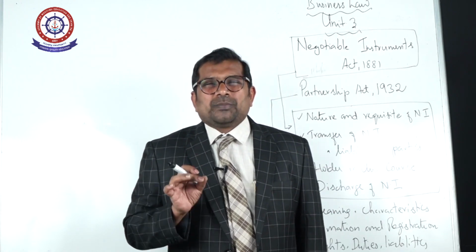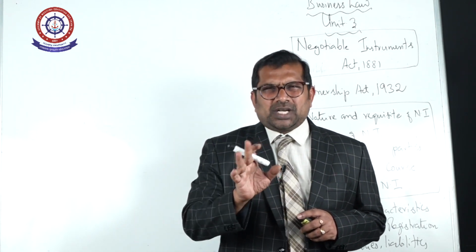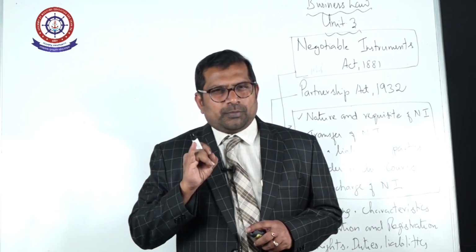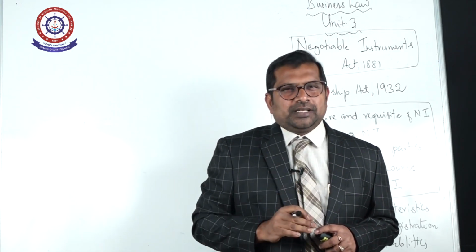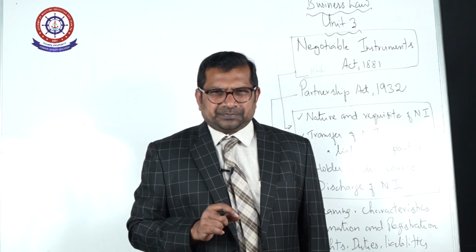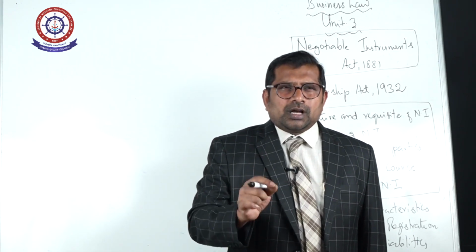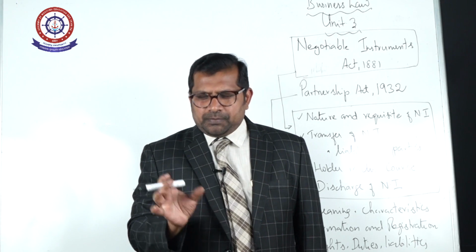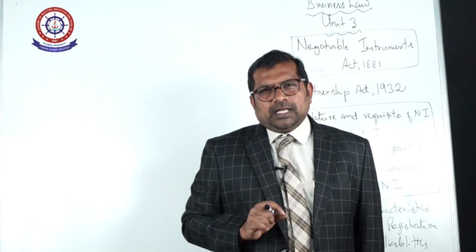Now section 4, promissory note. So what is meant by promissory note? Promissory note is an instrument in writing. It is not a bank note or currency note, containing an what? Unconditional undertaking. Point number 1, instrument in writing. Point number 2, unconditional. If there is a condition, then it is not called a promissory note. Signed by the maker to pay a certain sum of money only, to order of a certain person or to the bearer of the instrument. Order means a particular person, as I have told already. Bearer means paid to X or bearer. Then it is called a bearer instrument.